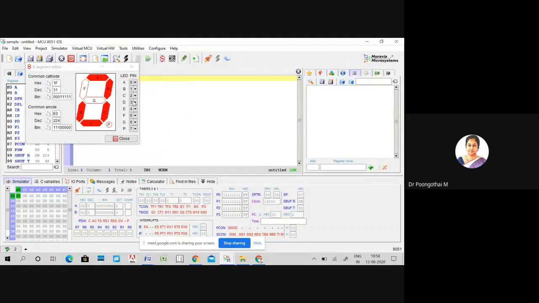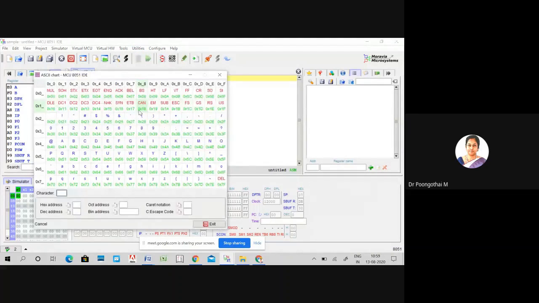And this is the 7-segment editor. Suppose I am giving the value 1, 0. Based on that, the LED will glow. This is for common cathode and this is for common anode. So this is the 8-segment display editor, and you can edit the segment values here.